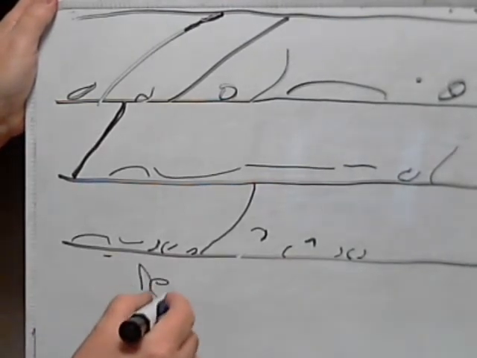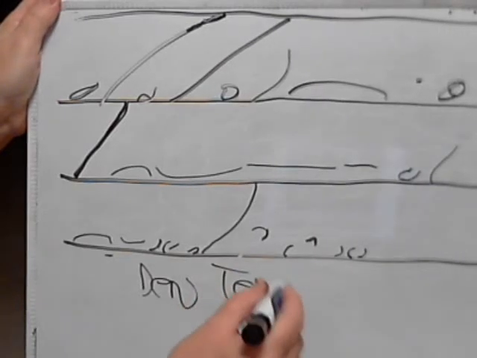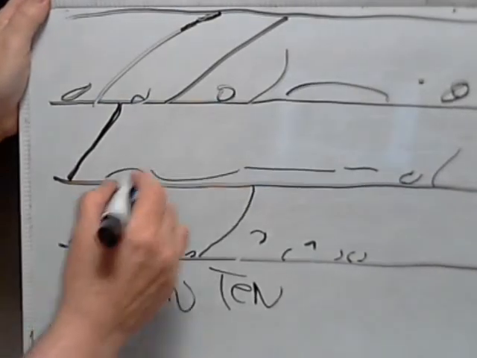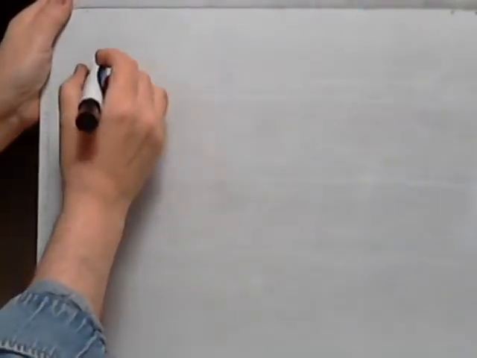And of course we're going to get into a number of other things like den, D-E-N, like in the word dentist. Ten, T-E-N, like in the word tennis. We're going to get into a lot of prefixes where there are other strokes up here that deal with the prefixes. But right now, I'm going to try to do something better on this board and make these alphabets look better. I'm going to go over one at a time with you and go a little slowly so you can come to a better understanding. Okay, now let's look at A first. Let me draw the lines.